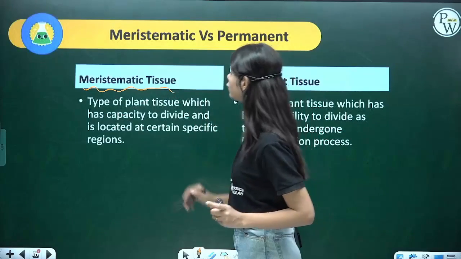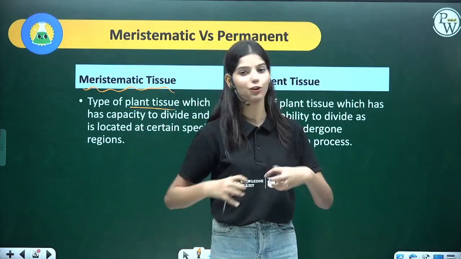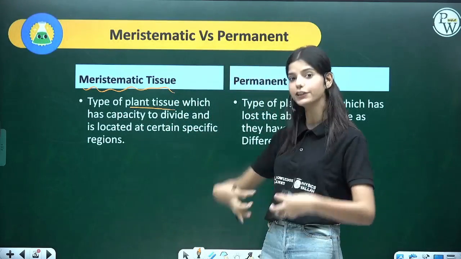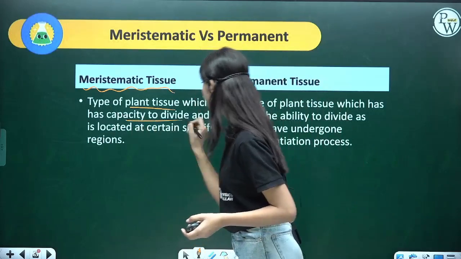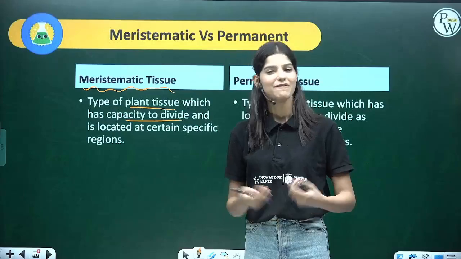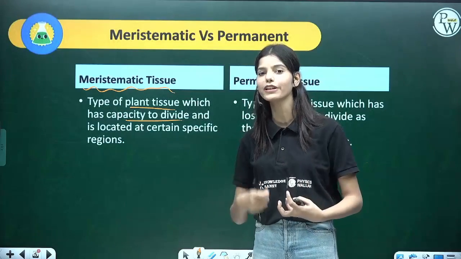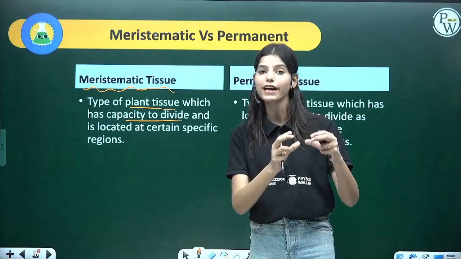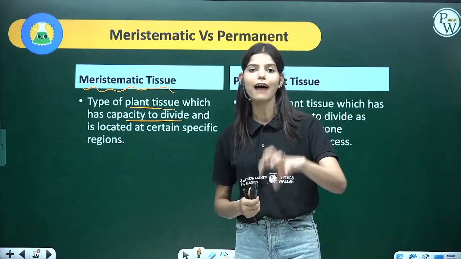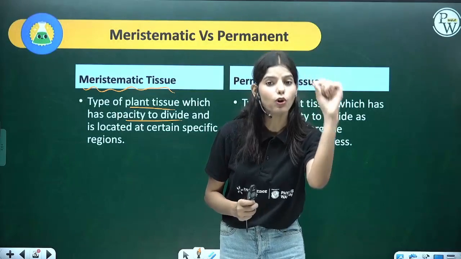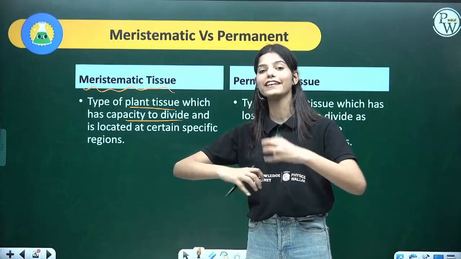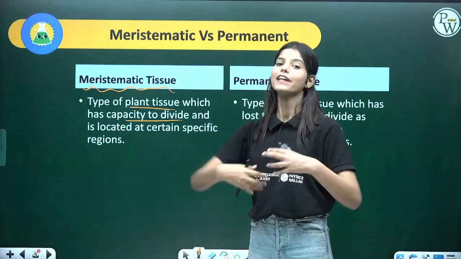So meristematic tissue is a type of plant tissue. First of all, it is not found in animals. It is a kind of plant tissue which has the capacity to divide, and it is located in certain regions. Why exactly? Because plants have growth only in certain regions, and wherever they have this growth, there will be this meristematic tissue, right? So plants have growth in limited regions, and in those regions they have this meristematic tissue which is capable of division, and it increases the number of cells,